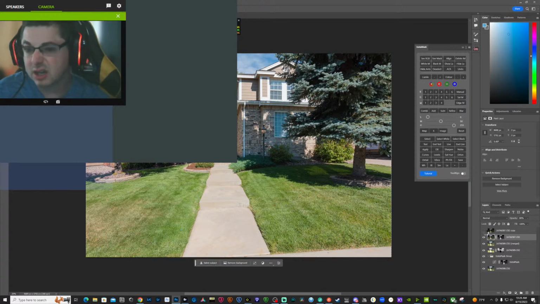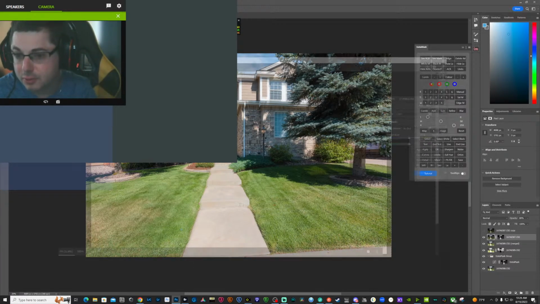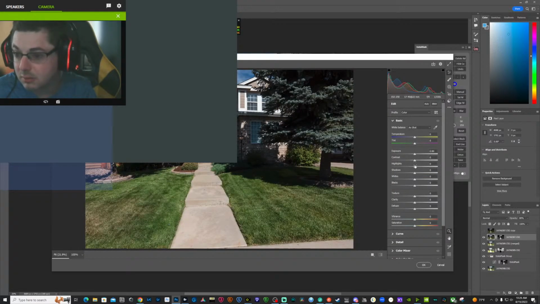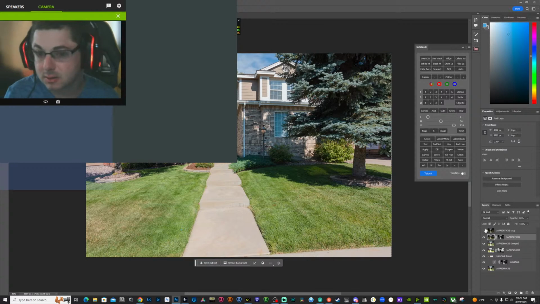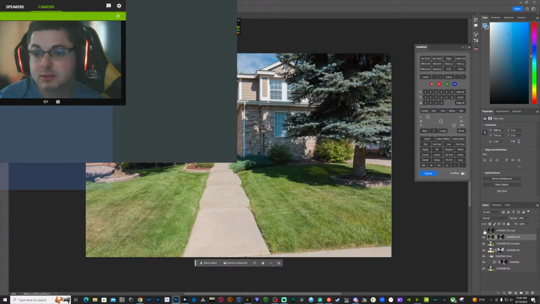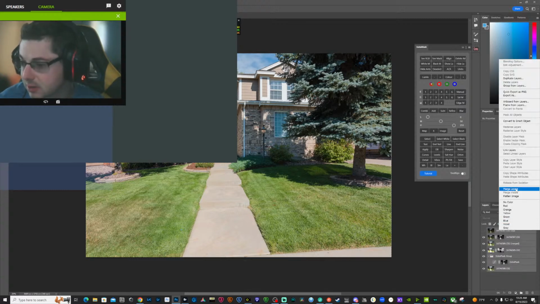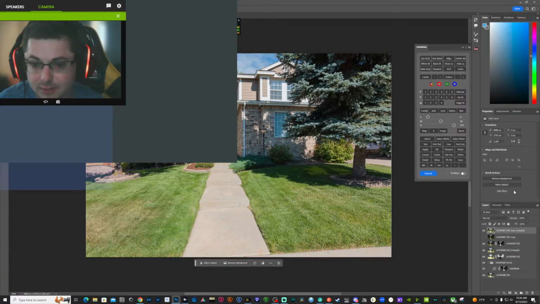Maybe even pull down the highlights just a little bit, retain a little bit more of our whites up there. There we go. Actually, that looks like a pretty good blend with our sky too, so let's just merge all of these together and take this into Camera Raw.